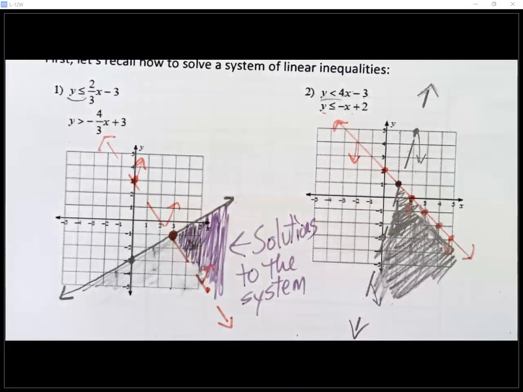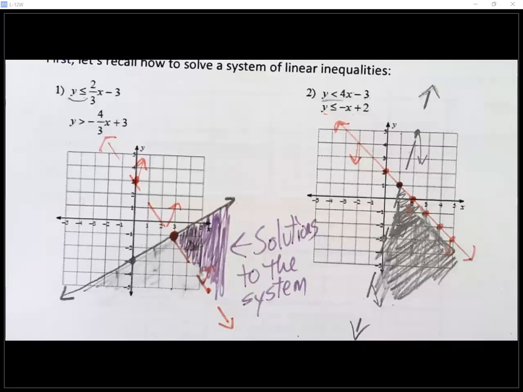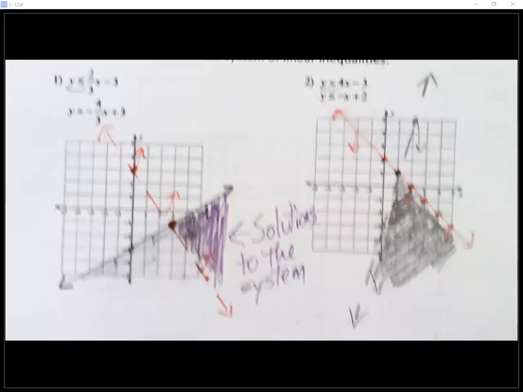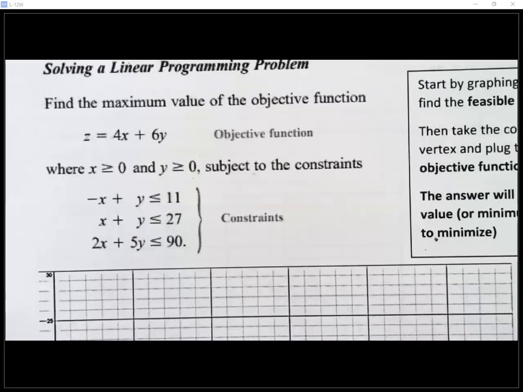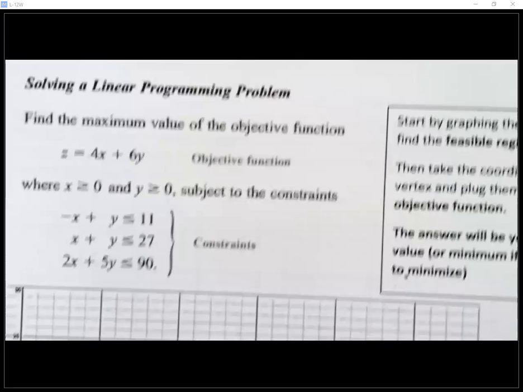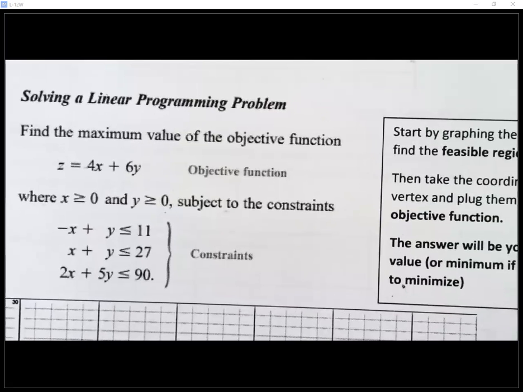All right, so everybody kind of remembers this little refresher. Now we're going to get into the good stuff. It's going to seem real weird at first. Just stay with me, and then we'll get to the good stuff, okay? Before we get into a problem that actually models a real situation, let's just take a look at what in the world is going on. If you look at the bottom half of the sheet here, when you have a linear programming problem like this,